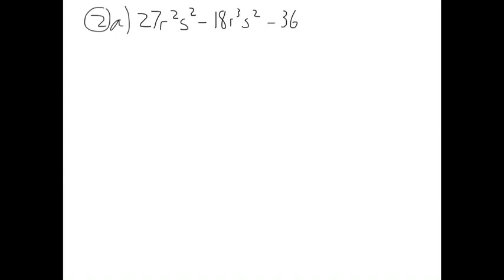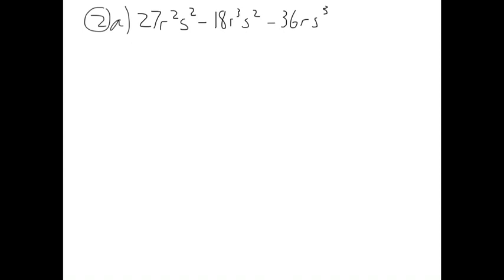So 2a starts with 27 r squared s squared minus 18 r cubed s squared minus 36 rs cubed. Okay, so in order to write this into factored form, the first thing that we need to do